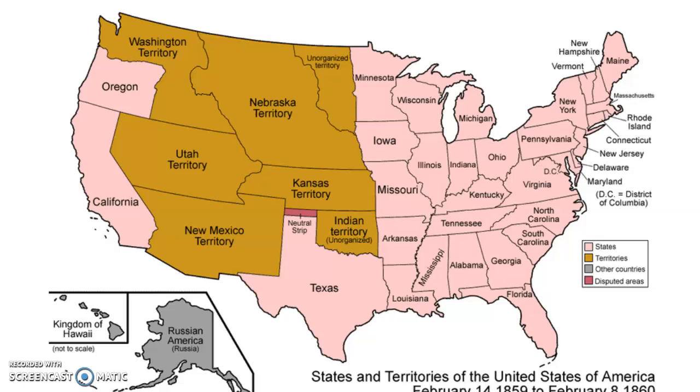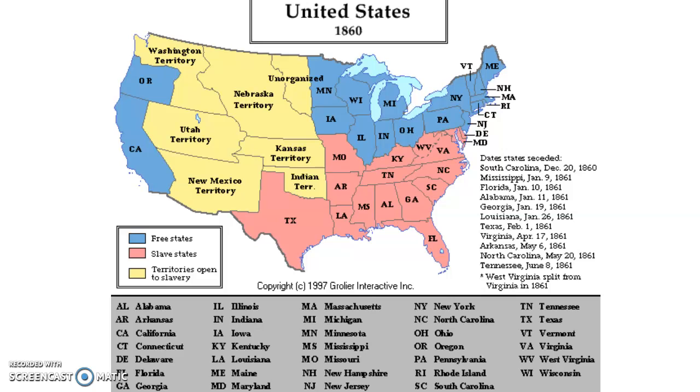We don't have Alaska yet. We don't have the Kingdom of Hawaii yet, but you can see we're starting to establish states. And as you learned in 6th grade social studies, you got to be a territory before you become a state. And so we still have territories that were set up. As these territories become states, the country's deciding if they're going to be slave or free states. The blue areas are no slavery, and the red areas allow slavery. And then territories were kind of wishy-washy. You pretty much could have slaves, but sometimes you couldn't. It was really when they became states that they really established it.